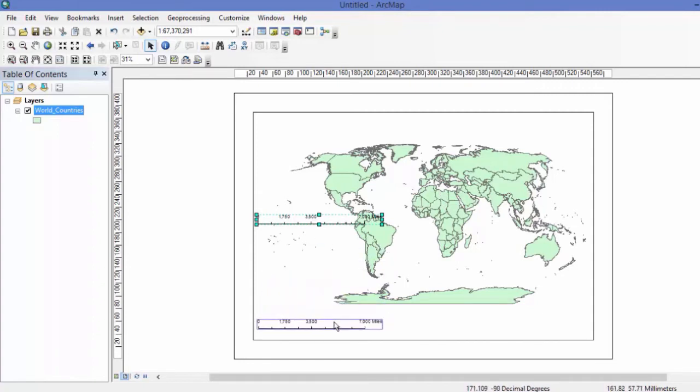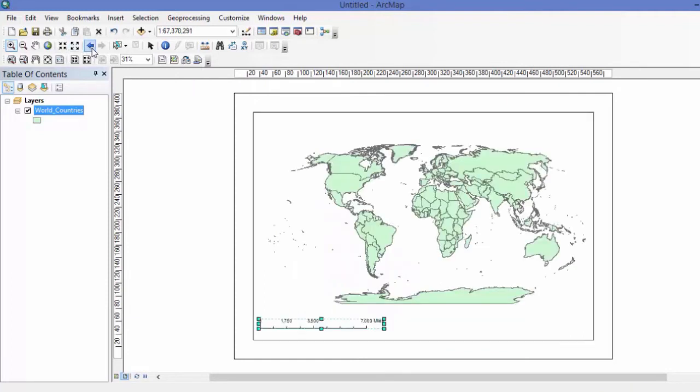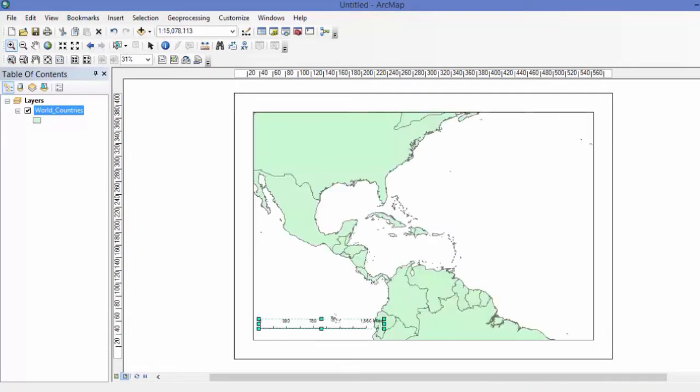I'll tell you what, I'm going to put this down here so we can see it, and then I'm going to zoom in on this map. So let's zoom in over here into the Caribbean. Okay, now notice that the scale did change. Okay, if I go back, here I am at the world. The scale bar is the same size, and it's 7,000 miles. I'll go back to zooming in to the Caribbean, and now that same distance over here you can see is